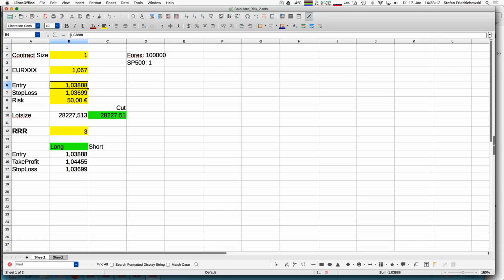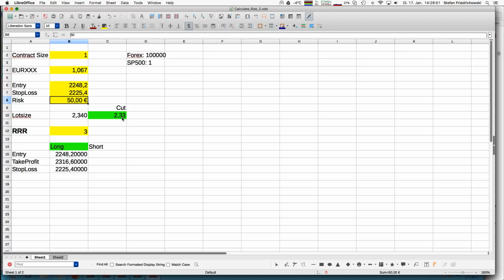And our entry for our trade should be 2248.2, and our stop loss at 2225.4. And the risk I have in mind for every trade is 50 euro. So finally, the Excel sheet calculates my lot size, and my lot size is, in this case, 2.33. You will later see that I cannot trade exactly that, but let's come to that as well.